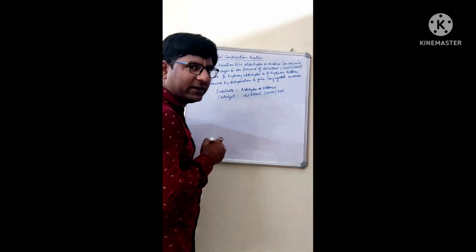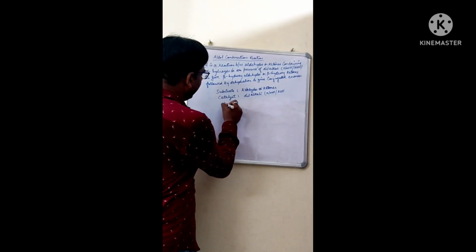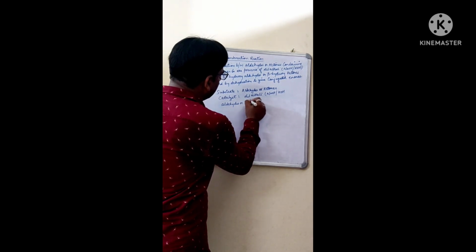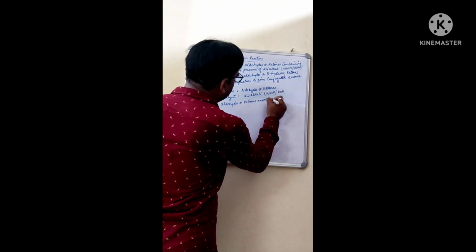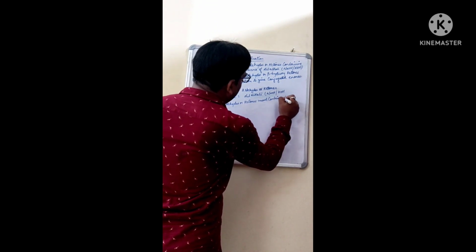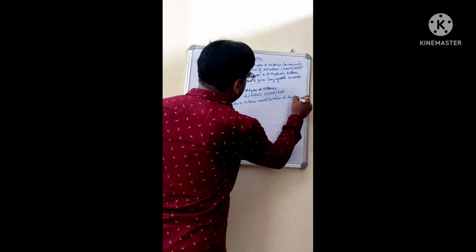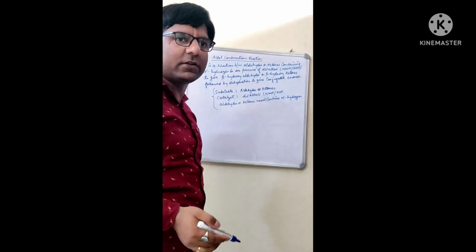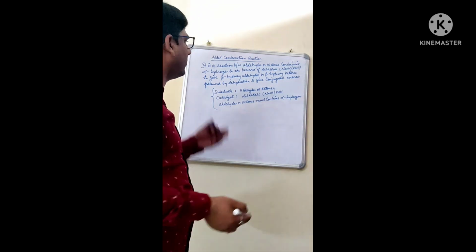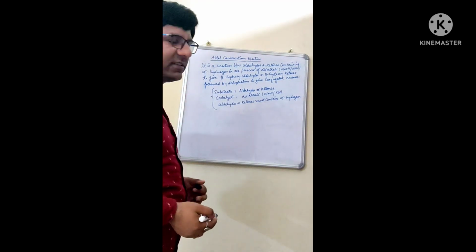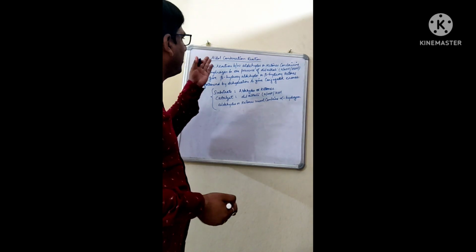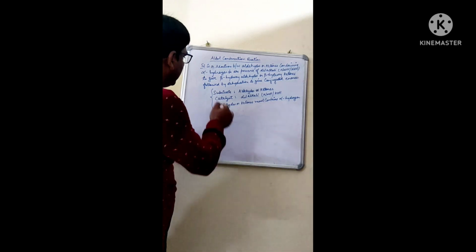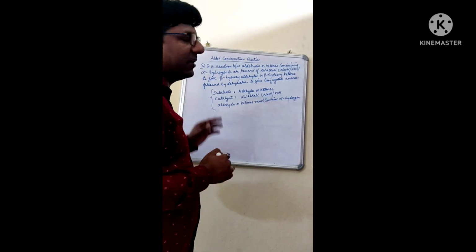And the last point that you need to remember is that the aldehydes or ketones must contain alpha hydrogens. These three things you need to remember for this Aldol condensation or the cross Aldol condensation. We will later on discuss the cross Aldol condensation also, but in today's lecture I will tell you about the Aldol condensation reaction along with the mechanism of it. Right? So these three things you need to remember for the Aldol condensation reaction.